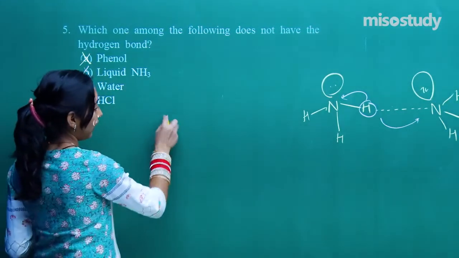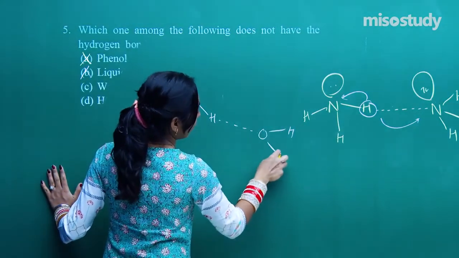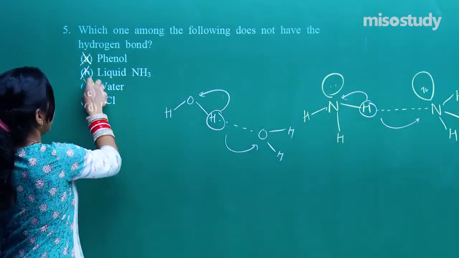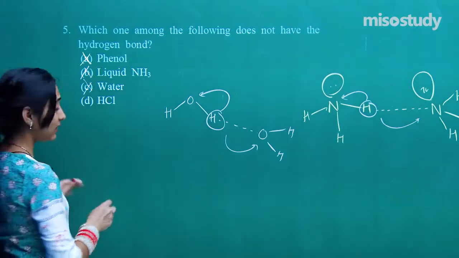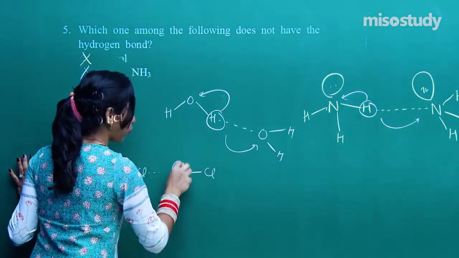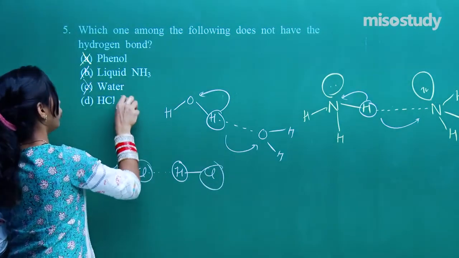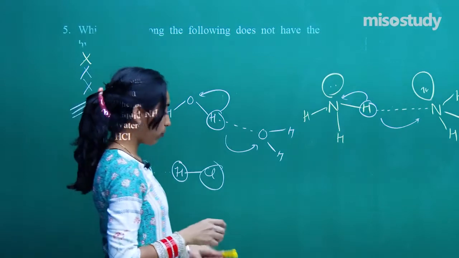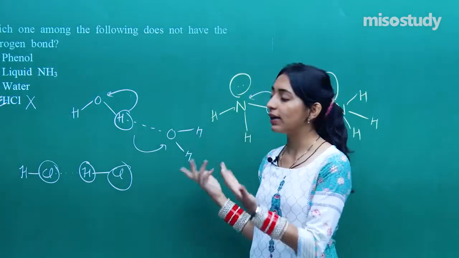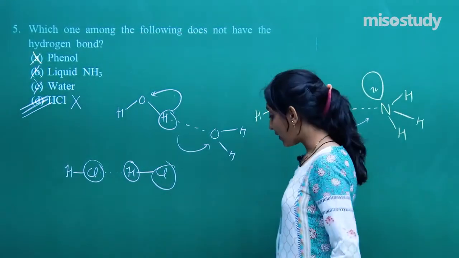Then we have water. Yeah, this is very common. One water molecule is attracted to another water molecule. Hydrogen is sandwiched between two oxygen atoms. So, yes, this is also hydrogen bonding, not the option. Now, the left out is HCl. I said hydrogen should be sandwiched between F, O or N, but here it is Cl and Cl, so no. So, there is no hydrogen bonding present in the case of HCl molecule, and hence this will be the correct answer. Okay. Again, a good question.